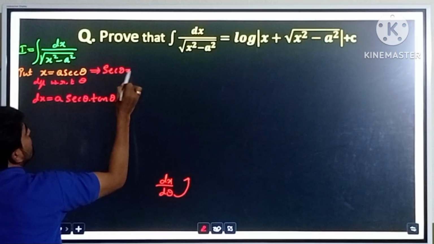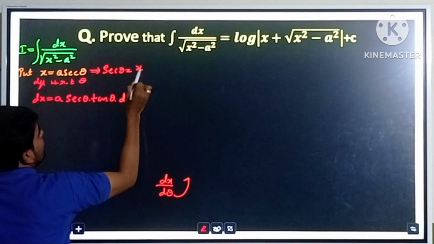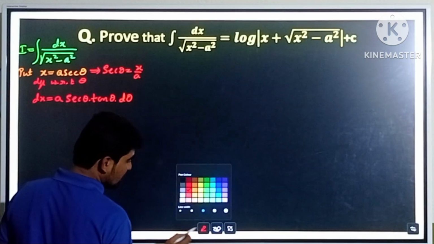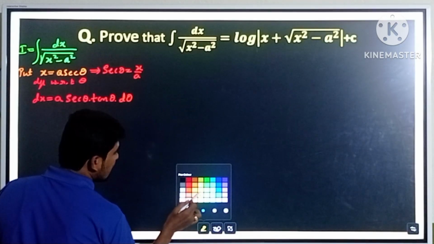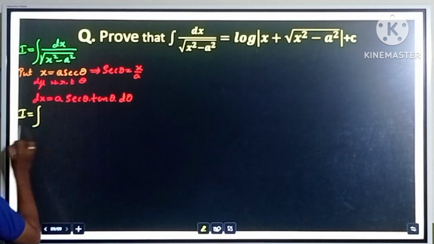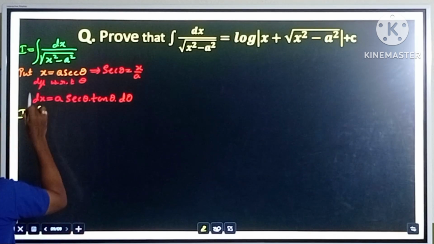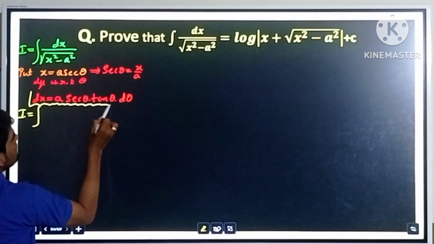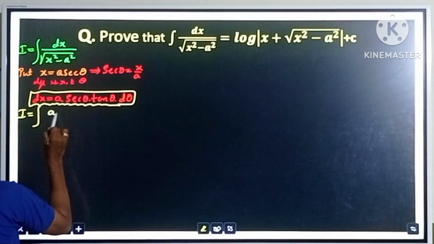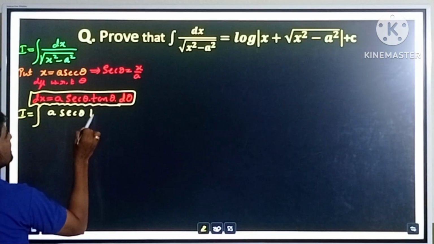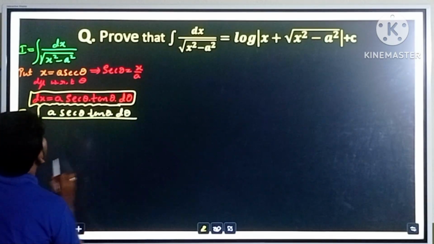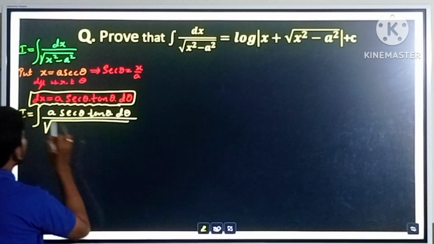Secant theta is equal to x divided by a. I hope all of you are understanding. Now by using this substitution, integral I is equal to the integration of dx. What is dx? dx is a secant theta tan theta d theta. So in place of dx, a secant theta tan theta d theta divided by square root of